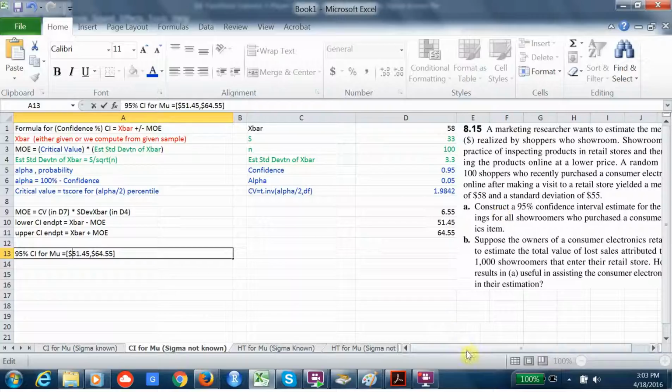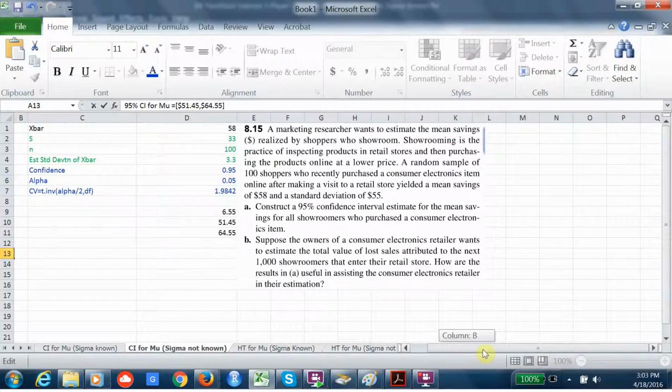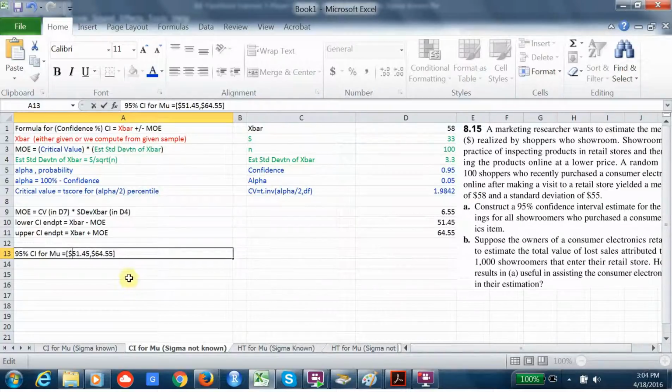Part B is kind of interesting. It says, suppose the owners of a consumer electronic retailer want to estimate the total value of lost sales attributed to the next 1,000 showroomers that enter their retail stores. How are the results useful? Well, if this is what we believe is the smallest amount of money that the consumer can save and the most he can save, then this means that if we multiply this by 1,000, we think that on average the store is going to lose between